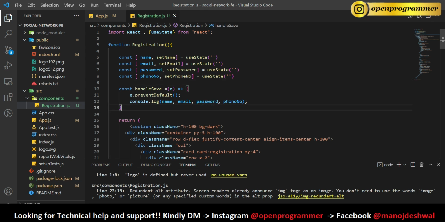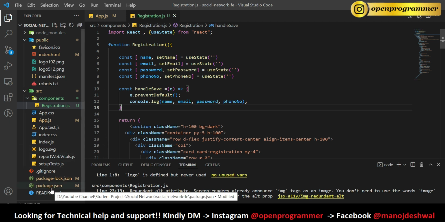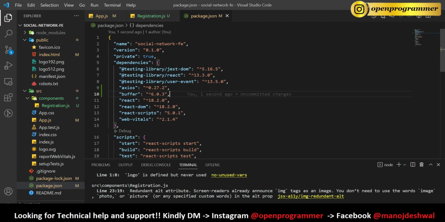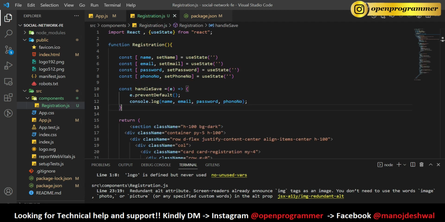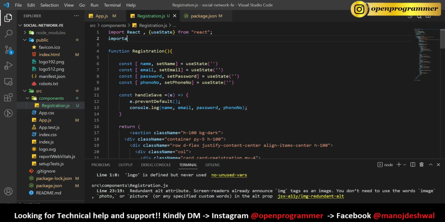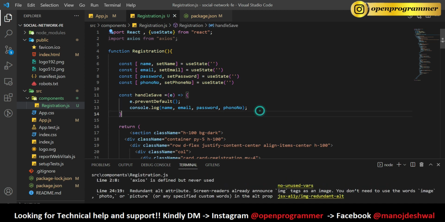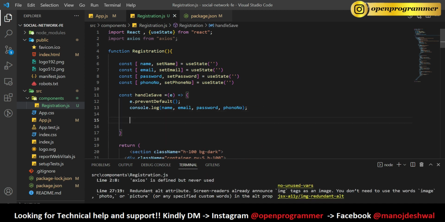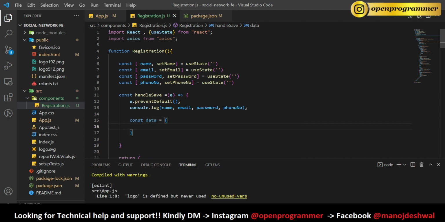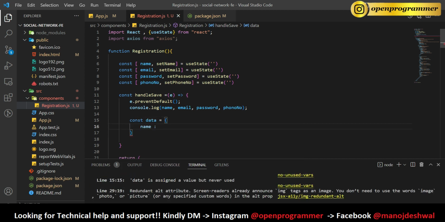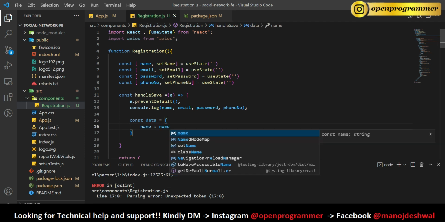Now we need to use a Post API. For that I already installed a package which is Axios. If you see here, I have installed this package. So let's import Axios first. So import Axios from Axios, and here first we need to create a data. So const data is equal to, so name, name,